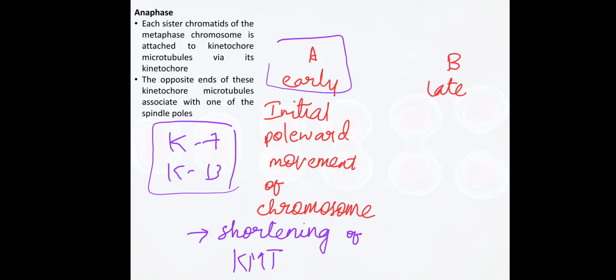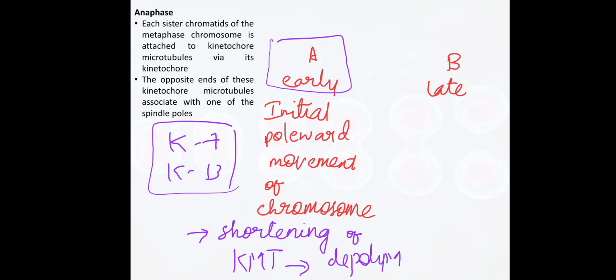So in this stage there is initial poleward movement of the chromosome, associated with shortening of KMT, that is kinetochore microtubule. This shortening is due to depolymerization at the kinetochore, which results in the loss of tubulin subunits at the plus end as the kinetochore